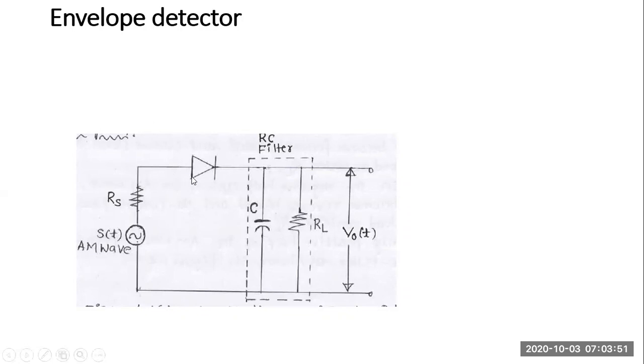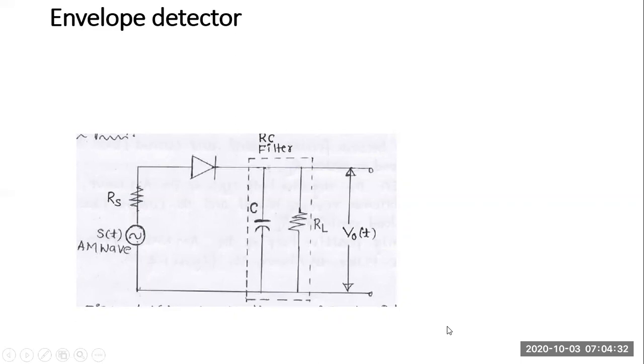So the envelope detector has a diode in series with a capacitor and resistor, and we choose the values of RL and C such that their product is very large. The product RC is always known as the time constant of the circuit. So you choose the values of RL and C such that the time constant is large. So this is an RC filter and the output is measured across this filter. If you remember, this is the circuit of a simple peak detector.